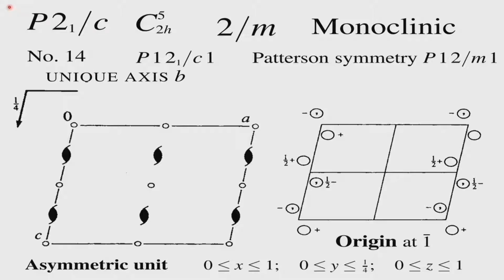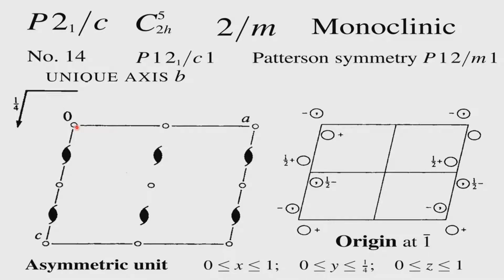The unique axis is taken as B, and the full symbol is P 1 2 1 by C 1. You see that 2 1 by C will convert itself to a point group symmetry of 2 by M. So, the moment we see 2 by M, the system has to be centrosymmetric. We have learnt it already. So, since the system has to be centrosymmetric, the origin must be at the center of symmetry, that also we decided. And in fact, we derived the equivalent points of P21 upon C in the previous class based on this.